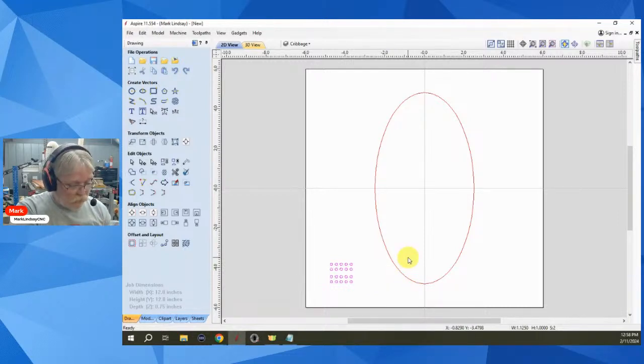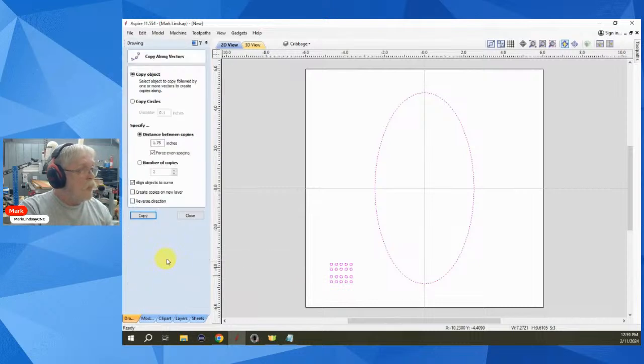The second vector is what you want to align or move or copy or extrude to. So I want this to be copied to this. So I'll select this, then this. Then I'll come over to copy object. I want to copy this object,